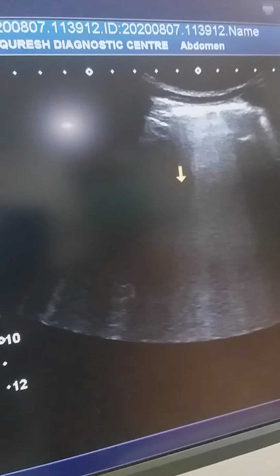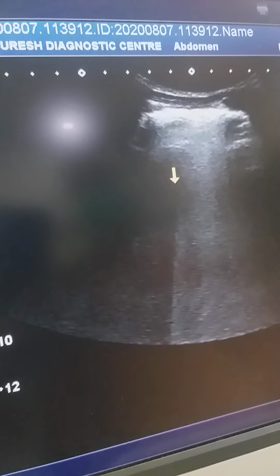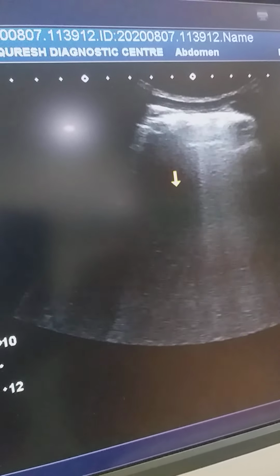So if we compare these findings to the X-ray chest, you can see